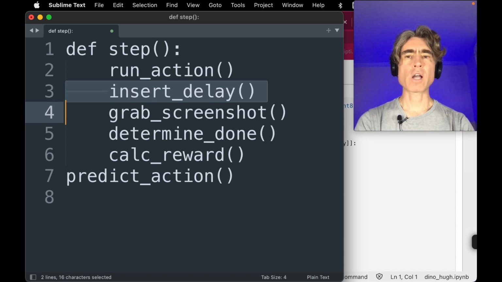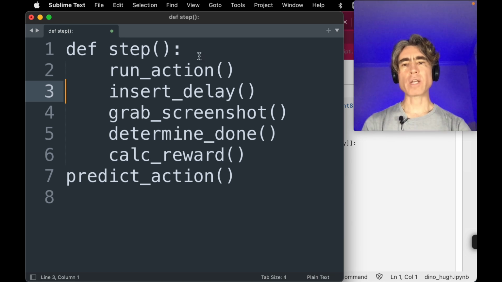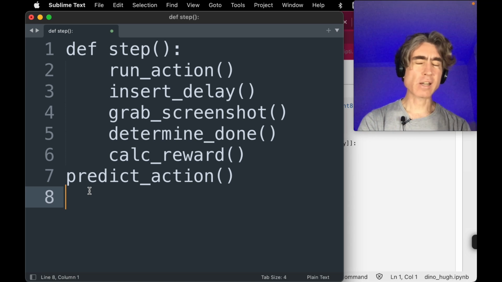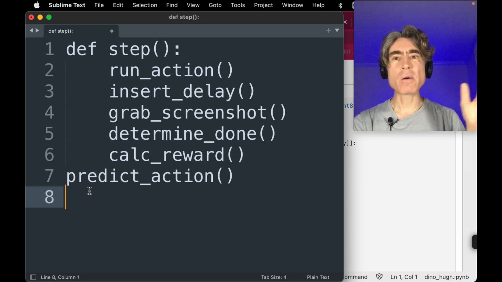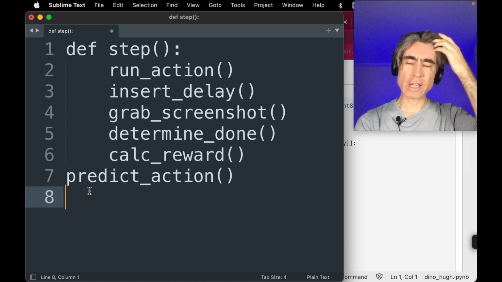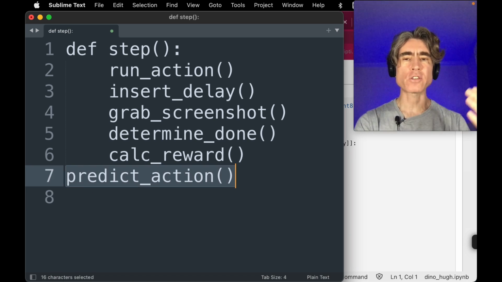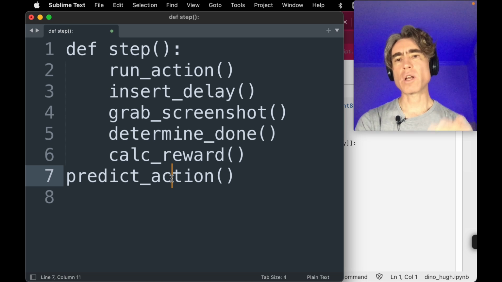I decided I kind of want to insert a longer delay. PPO, because during the rollout, all it's doing is predicting the action. It's not doing any learning. Actually, I haven't double checked that. Maybe it is doing learning. I won't swear for sure that it's not doing any learning during the rollouts, but as far as my understanding is, it's just taking our screenshot, running it through the network with a batch size of 1, getting an action,